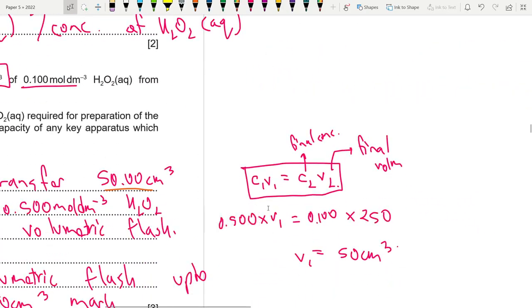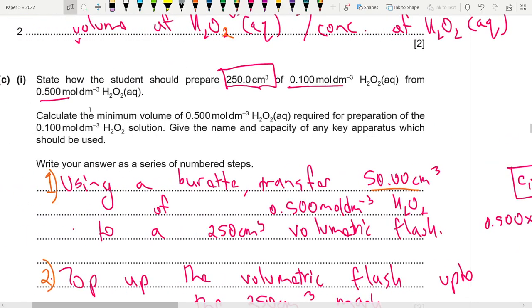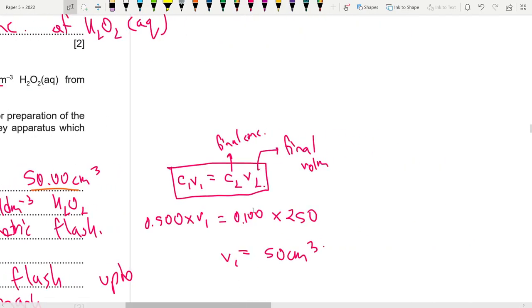So 0.5 into V1, this volume is unknown. This is the volume of the initial solution that we're supposed to use, equal to 0.1 times 250. We get a value of 50 cm³. Okay, so that's what they wanted us to calculate: the minimum volume required. That should be 50 cm³. Okay, but listen,